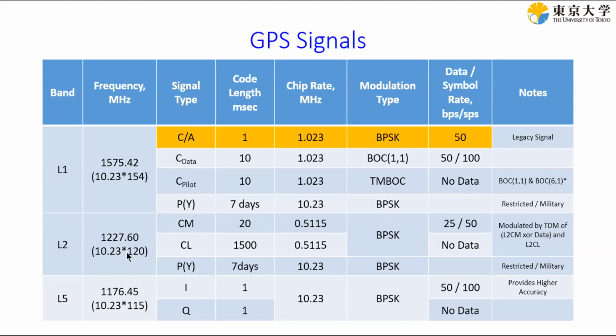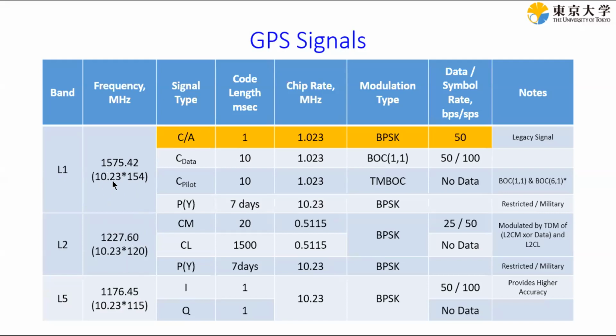And for L2, again, we have many different types of signals: CM, CL, and P, military here. And L5, we have I and Q channel. So this IQ is again something like data and pilot. And if you look at these frequencies: 1575, 1227, 1176, whatever you take, this is an integer